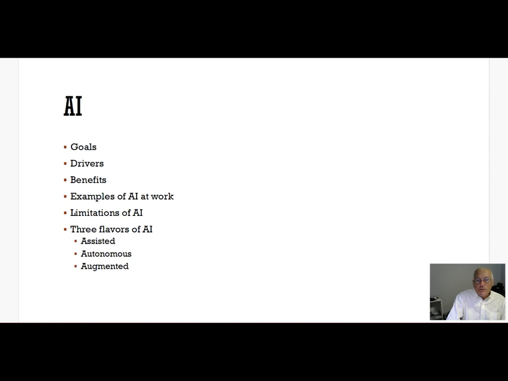Let's see. The three flavors of AI: assisted, autonomous, and augmented. Assisted is the equivalent mostly to weak AI, which works only on a narrow domain. It requires clearly defined inputs and outputs. Autonomous, the real strong AI, in a very narrow domain. Eventually computers will take over many tasks, automating them. Think of driving cars. And augmented, existing applications which are assisted, referring to augmented intelligence. Their technology can ensure what's going on.